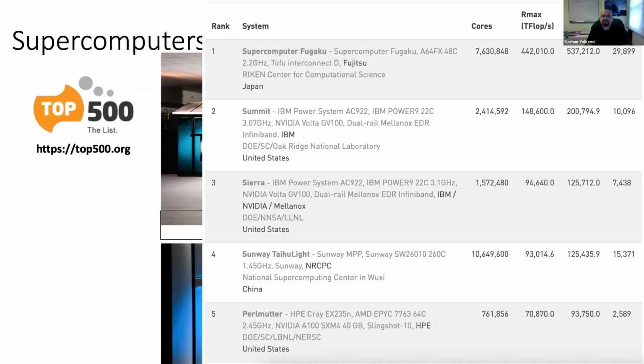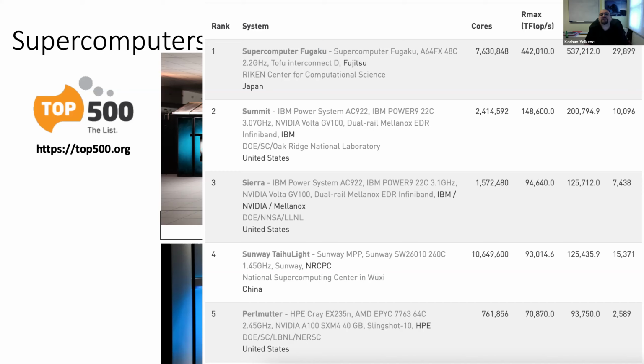And if we look at today's computers, where are they on the list? This is a very competitive list, because all the big countries are racing to be first or to get inside the top 10 supercomputers. Recently, Japan took the top of the list, the Fukuoka supercomputer with 7,600,000 cores, a very fast supercomputer.